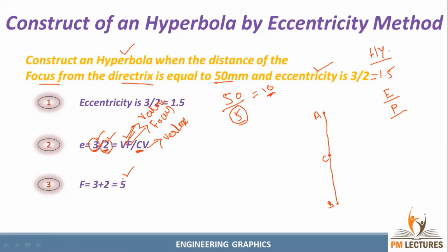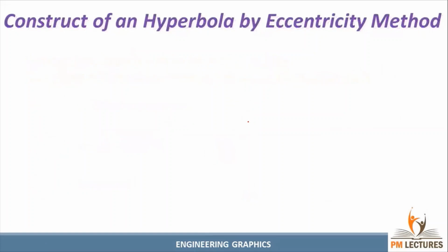For this purpose, we are using these 3 steps. Let's see the steps first. The first step is to draw a vertical line like this and give it the names A and B. After naming, this line is called the directrix. This is the first step. After that, we need to find a midpoint on the vertical line and name it C, like this. Then you draw a horizontal line from the midpoint. That line is called the axis line.